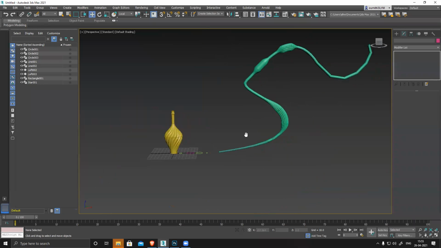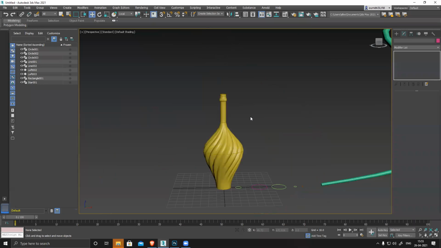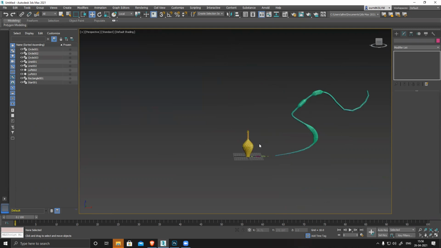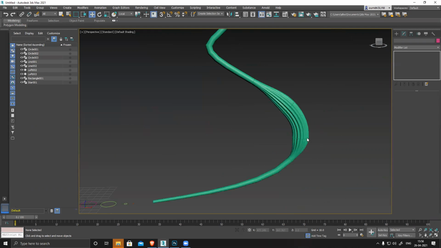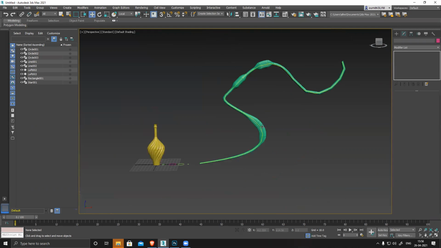So you can see, same tool, same function, you can create so many things. It's just all about how you use it. If you understand the tool, you can use it anywhere, any way you want. So try this loft. You can see I created a base, created a pipe, and then I created a screwdriver as well. So you can create all those things.